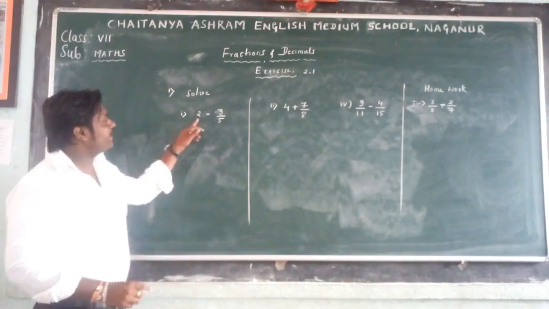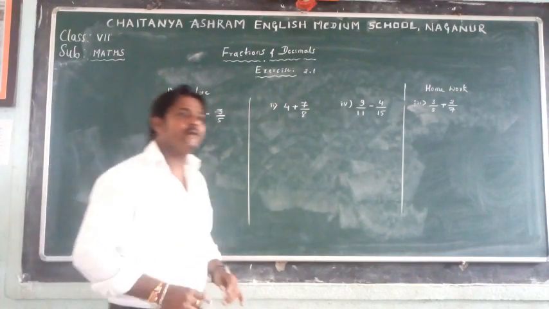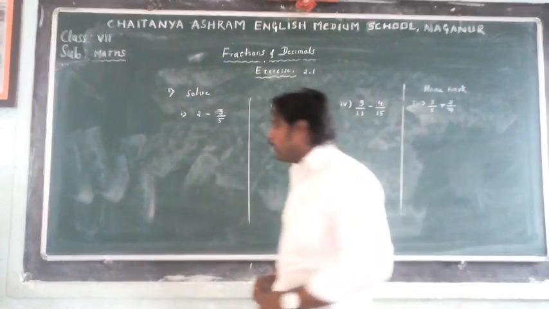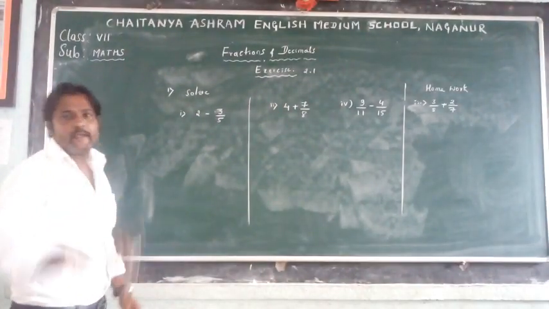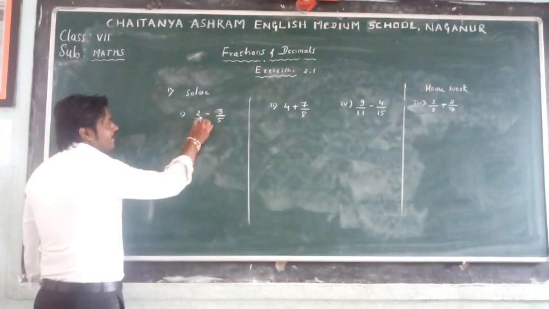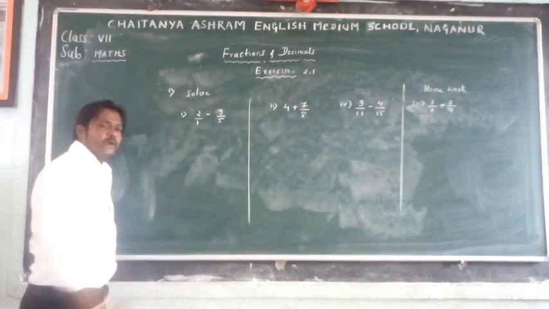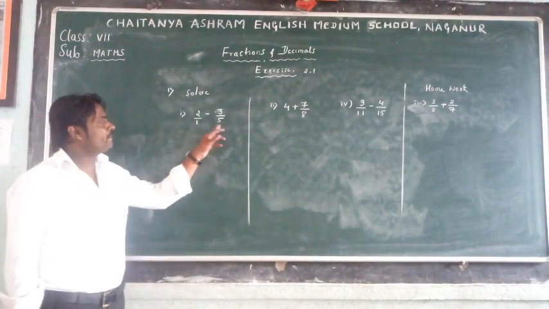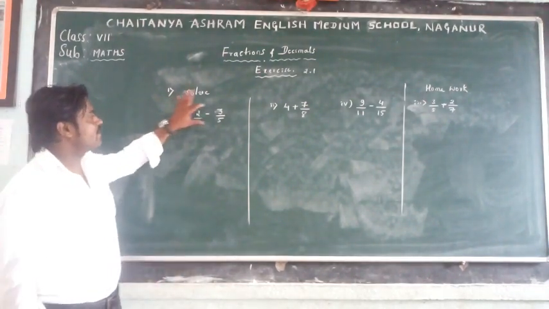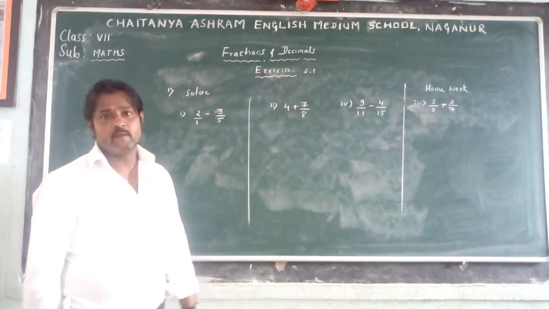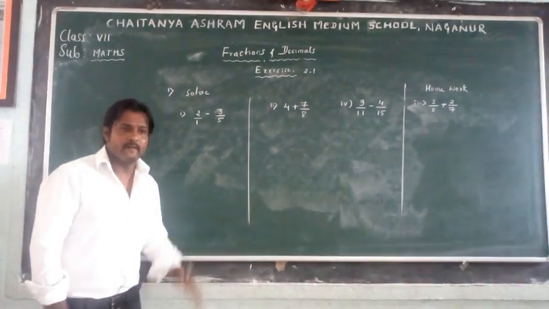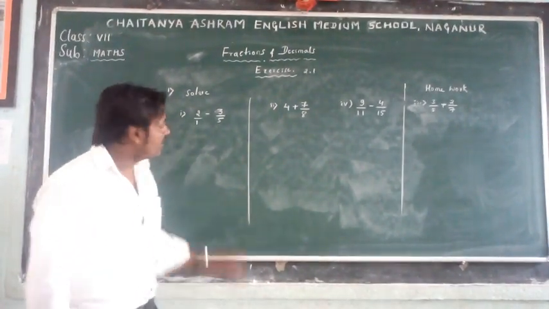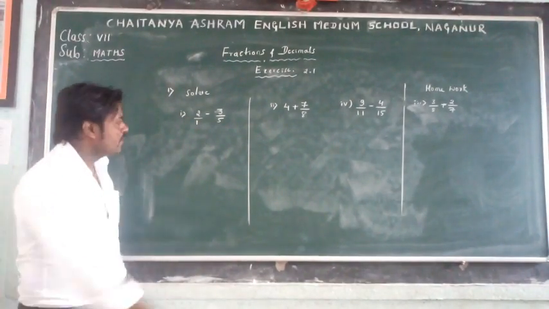Just tell me, what is the denominator of this whole number? Anyone? What is the denominator of a whole number? Yes, very good. A whole number has 1 as its denominator. If nothing is mentioned, there is always 1. So write 1 here. Now 1 and 5 are unlike, so this is subtraction of unlike fractions. To subtract any two unlike fractions, recall what we discussed, what do we do first? First we should take the LCM of 1 and 5. Yes? So write the LCM.